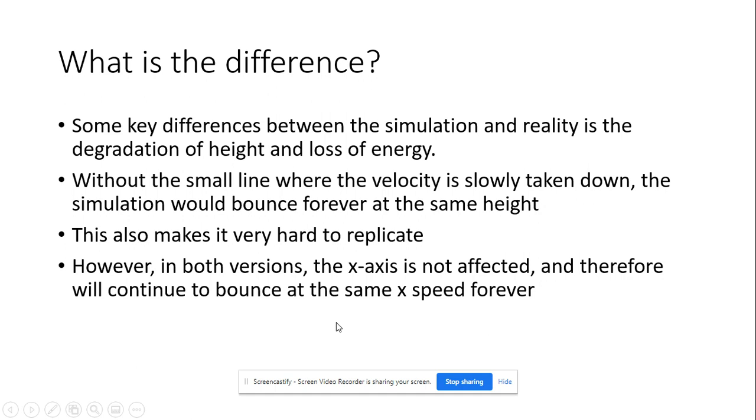So what are the differences between these? Some key differences between the simulation and reality is the loss of height and energy when the ball has an impact with the ground, because it is not a completely inelastic impact. Without the small line that takes away some of the velocity, the simulation would continue to bounce at the same